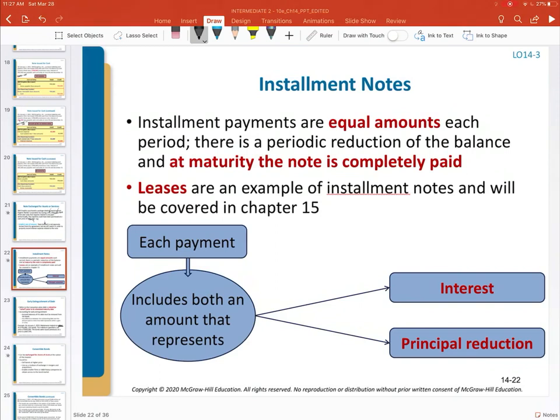Every time you make a payment, a portion of that payment goes to paying down the outstanding principal amount that you owe. And then another portion of the payment goes to paying interest expense. Anytime you have a long-term liability, you're going to have interest expense that needs to be accrued. So again, each and every time we make a payment, that payment is both paying down a portion of our principal and it's paying the interest that we've accrued for that given period of time. We aren't going to go through any examples of installment notes in Chapter 14 because Chapter 15 is all about installment notes. Leases are a prime example of an installment note, and that's what the focus of